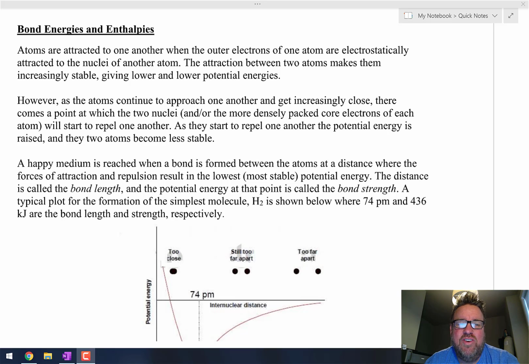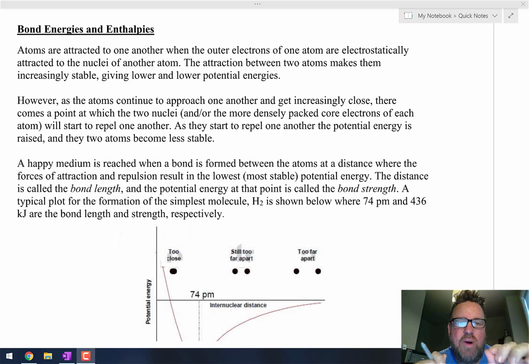Today's video refers to what are called bond energies. And this is one of the things that very many times is misunderstood in chemistry. I want to make sure, or not just chemistry, really in lots of sciences. The whole idea behind bond energies, or bond enthalpies, as sometimes they call them, is the idea of any